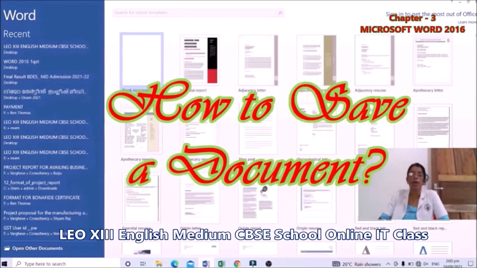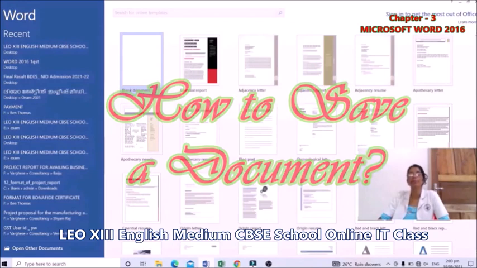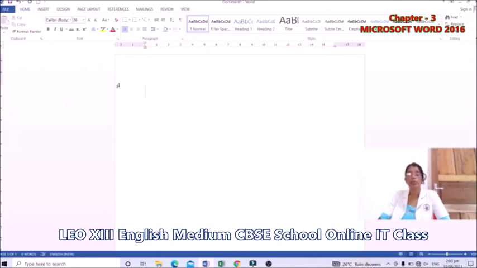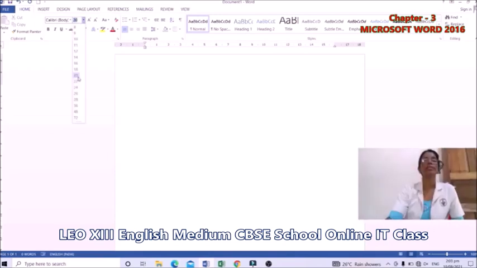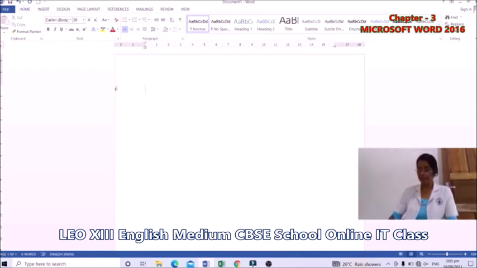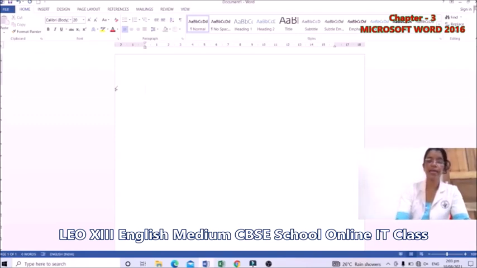Children, now I am going to say a poem written by Sana. Okay. For that you have to take a blank document. Then I am going to type Sana's poem. Little things. Take size 20 and take your desired color from this color box and type little things. L capital. Press shift key and type L. Little things. Press shift key and type T. Things. Okay. Then enter key.